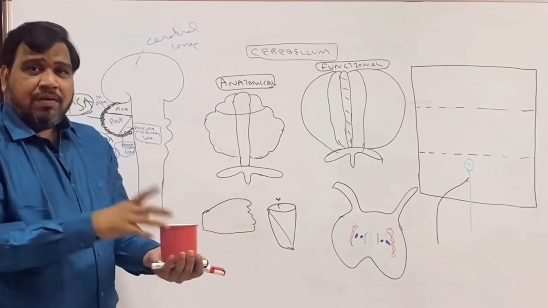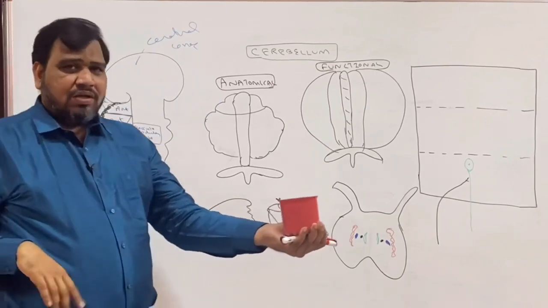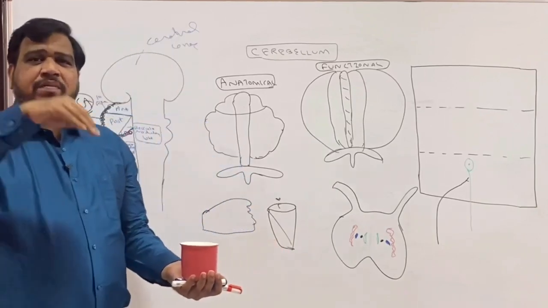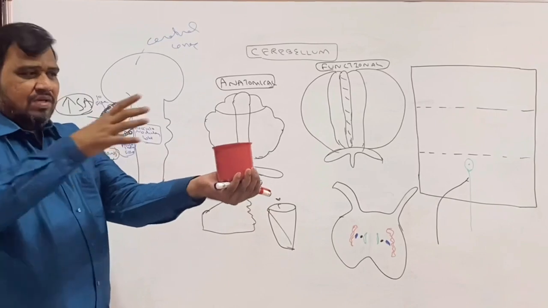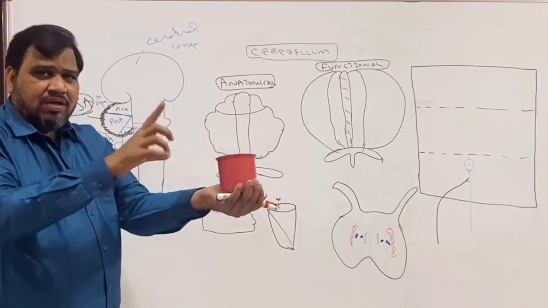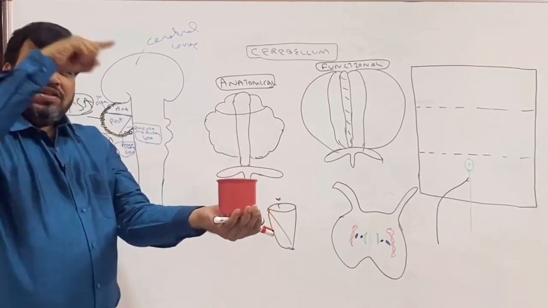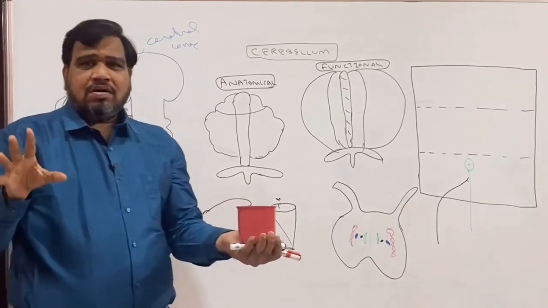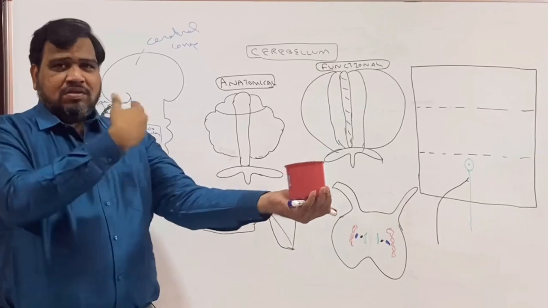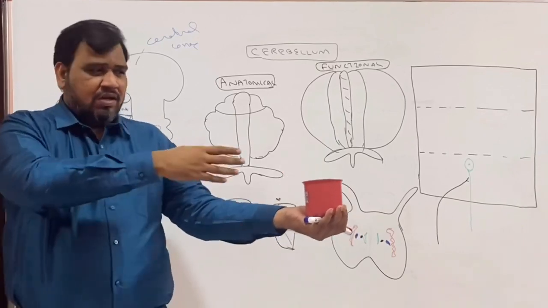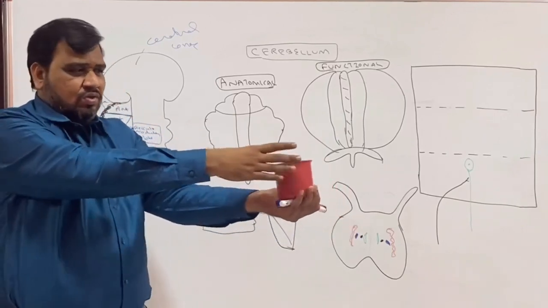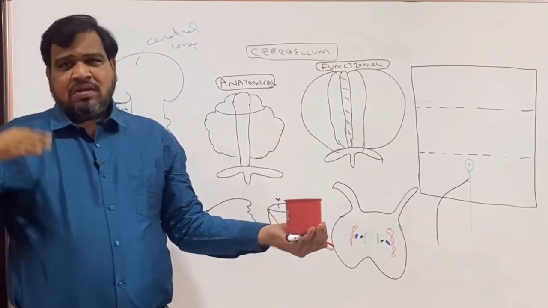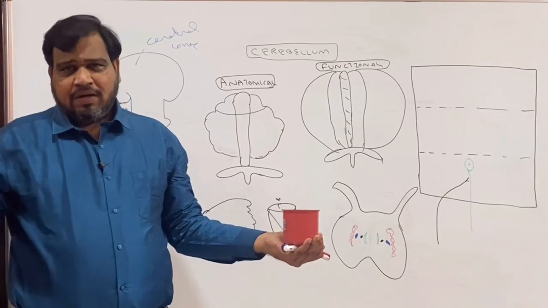Now what is the role of the cerebellum? Very, very important. The cerebellum is the one which gives information to the cerebral cortex. For example, I have decided that I have to pick the cup of tea, but the cerebellum is the one which tells the cerebral cortex that my cup is on the left side of me and the distance is around one arm distance. So I have to pick it here. Imagine if the cerebellum is not functioning properly for me, the cerebral cortex is functioning, the pyramidal tract is functioning,